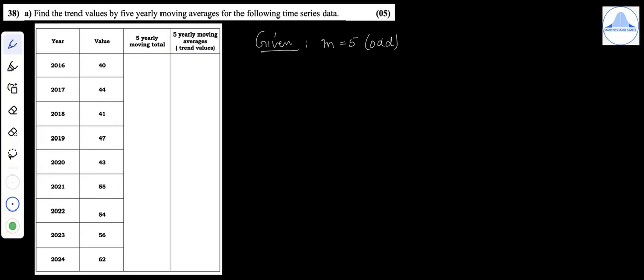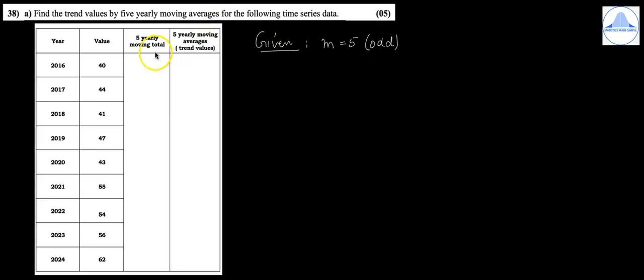So first what we have to do is find out the 5-yearly moving totals. So add 40, 44, 41, 47, 43 and then write it corresponding to their middle year. So their middle year will be corresponding to 2018, that is 215. Now another easy way to get the positions right is whenever it is 5-yearly moving averages, you'll see that